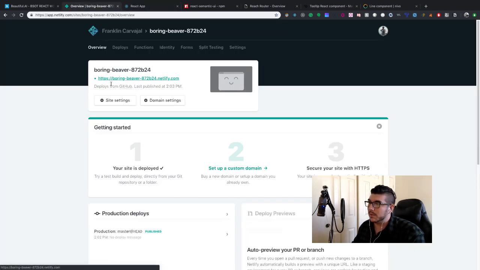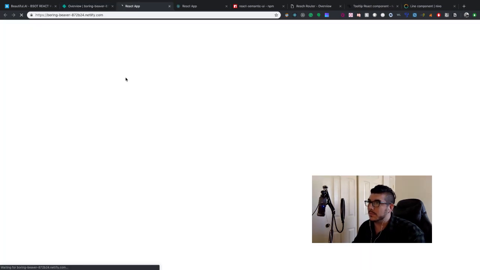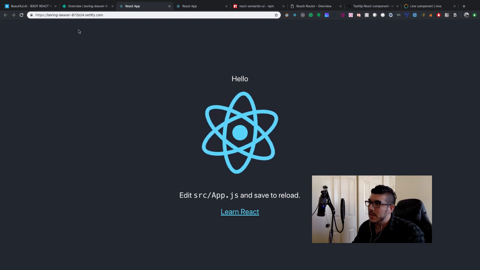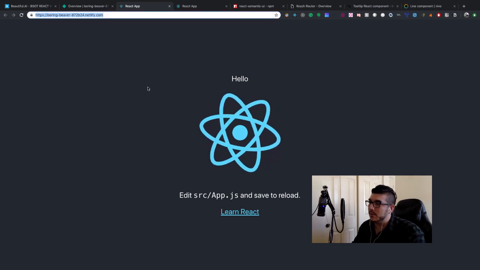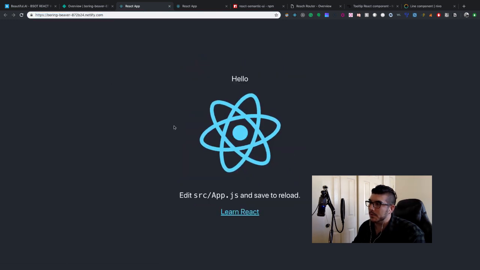And so there we are, it's finished its job, and now we can set up a custom domain, secure it with HTTPS, but instead we're just going to go ahead and open this up. And you can see now that this is an actual deployed version of what is most updated on our master